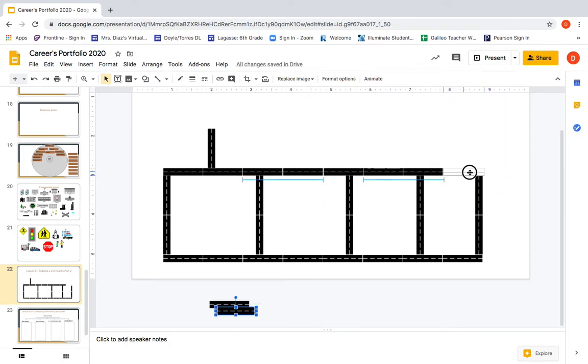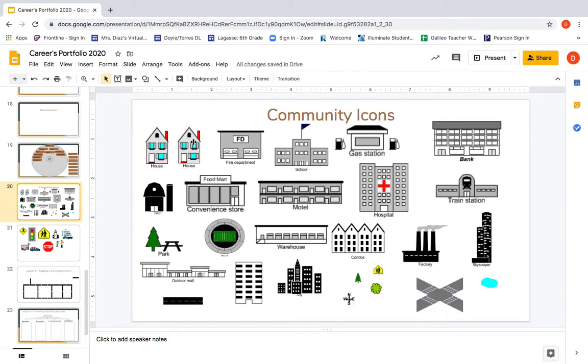Okay, so now you can see I have a couple blocks of streets here. Okay, and I'm just going to put this one aside. I'm not going to finish this, I'm just kind of showing you an idea. So I'm going to go back to my community icons. I'm going to go here, and obviously we have a lot of neighborhoods, and so I'm going to do a